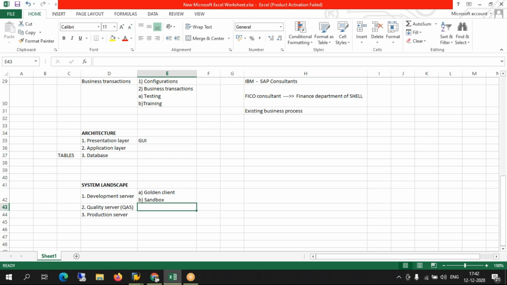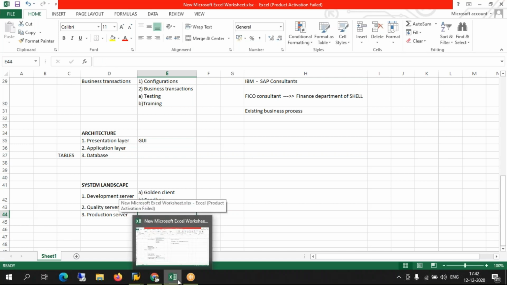And finally, very important, the UAT. At the very end, user acceptance test. Training the end user, giving them documentations, and getting a written acknowledgement from them that all the training has been given, the documentations have been provided, and they are confident. I mean, they can start working in SAP independently.